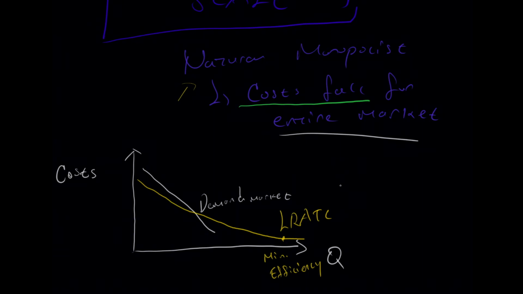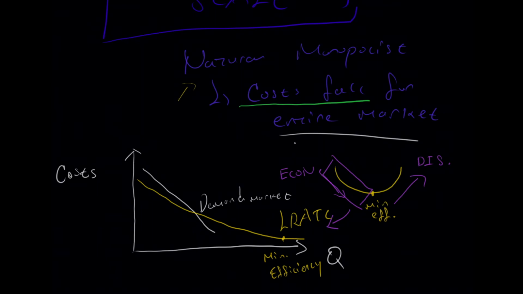As you recall, the economies of scale diagram essentially looks like this because we have the minimum efficiency, right? And this part right here, let me change to another color so it's less confusing. This downward sloping part is economies of scale. This upward sloping part, diseconomies of scale, right? What the natural monopolist is able to do is take advantage of this section and apply it to the